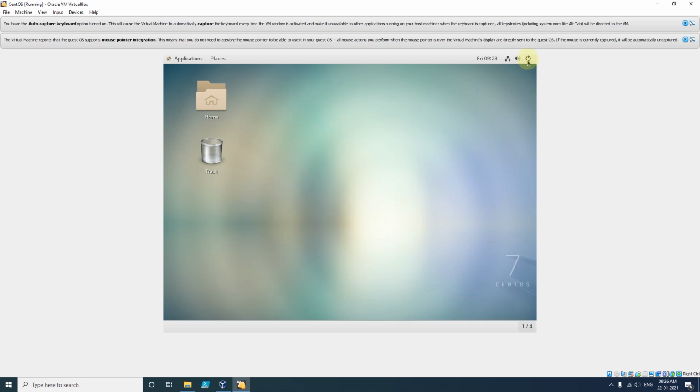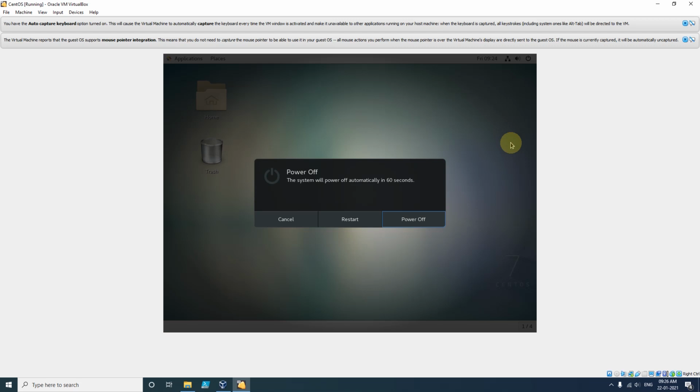Here right side we have the power button. So if you click on this button, there are three options. Either you can set network or sound, or you can either shut down or restart your system. So if I want to shut down the system, I will click on this button. So after I have clicked on this one, again I will be getting one window to confirm whether we want to restart the system or we want to shut down the system. So I will click on power off, so it will be shut down.